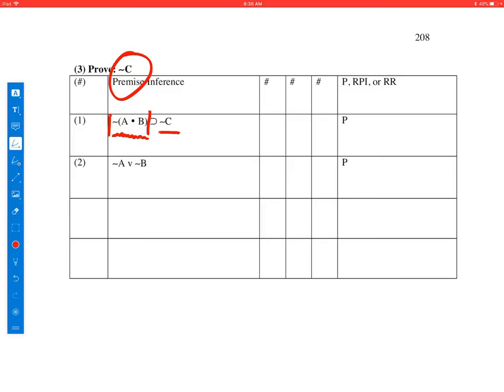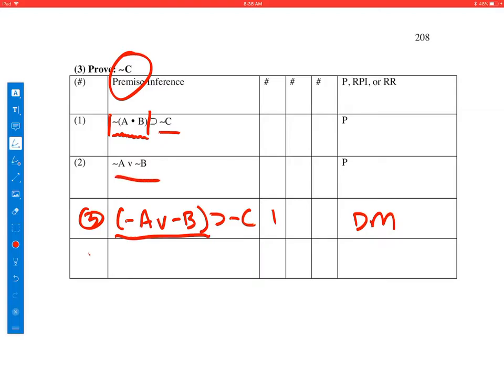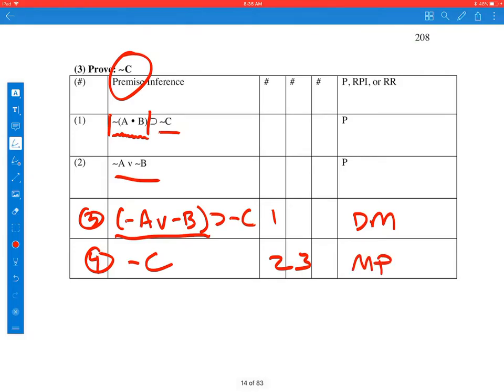Look at the antecedent of line 1, and let's apply De Morgan's to it. If we push the negation through, we get not A, and then the and changes to an or, and the B becomes a not B, and the rest remains the same, then not C. That was from 1 by De Morgan's. Now you can see the antecedent of 3 matches what we have on line 2,